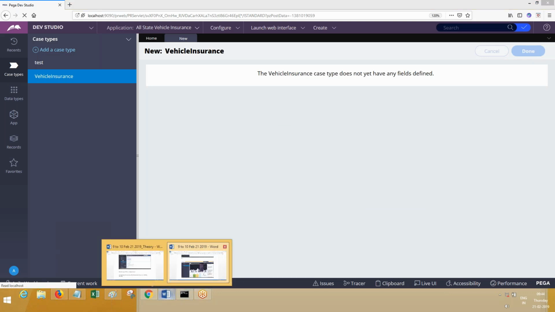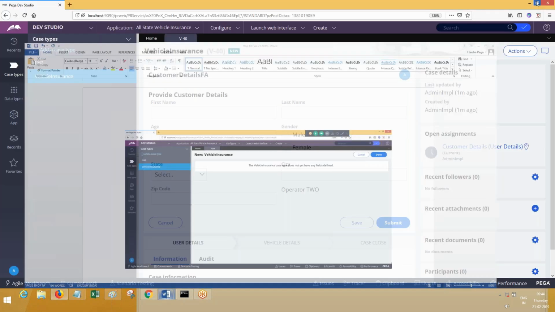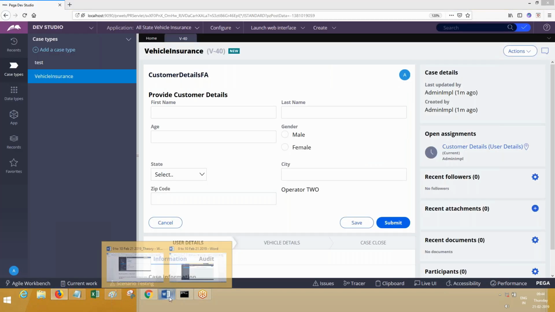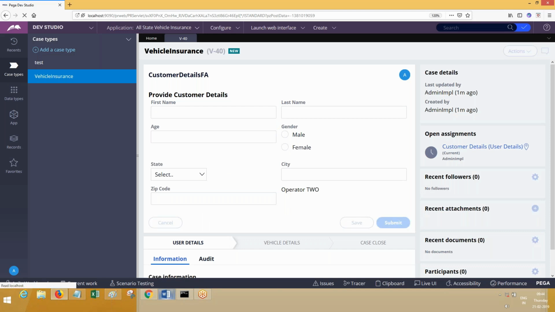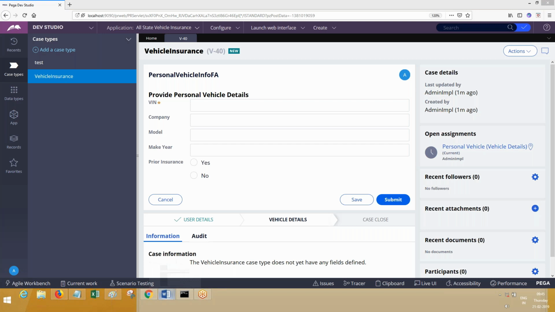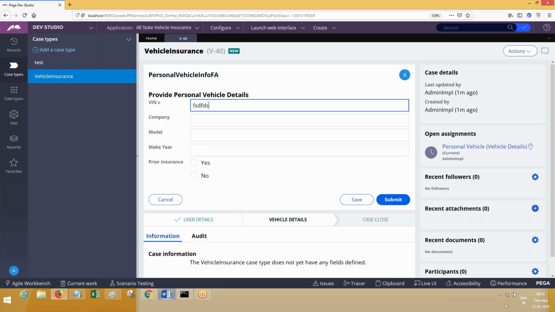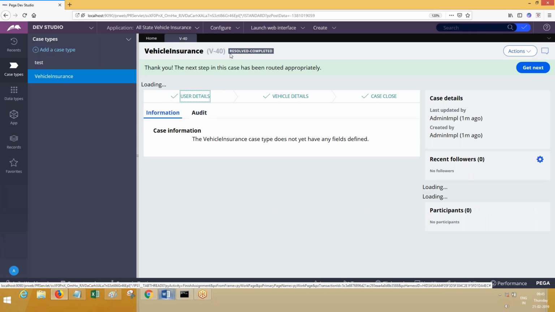Now you should get personal vehicle details screen and all. Did you get personal vehicle details screen? Sorry, personal information screen. And then submit this. You should see vehicle details screen. And after this, case should get closed. So win ID I'm going to enter and then submit. Case has been closed. Closed with status. What is the status? Result completed. I'll talk about status in some time.